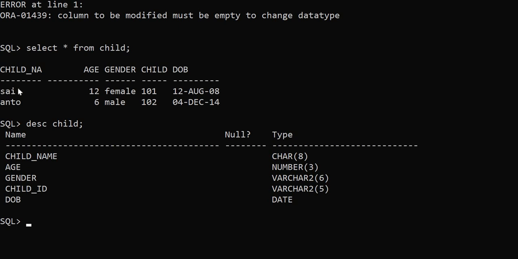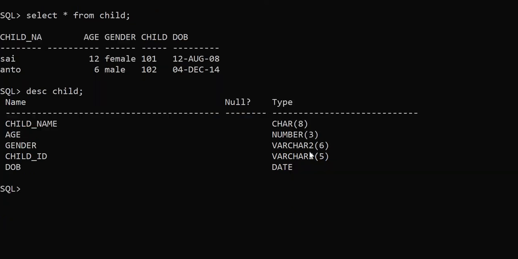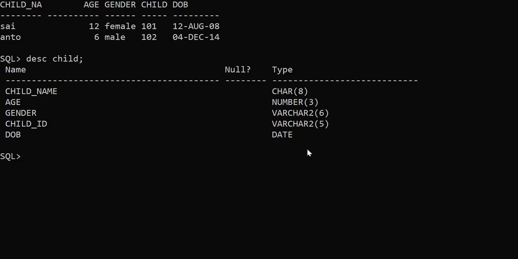So the maximum number of characters for the name of the child is 4, right? The size was already given as 8. Let us try reducing the size of the character data type. For that we give alter table child modify,